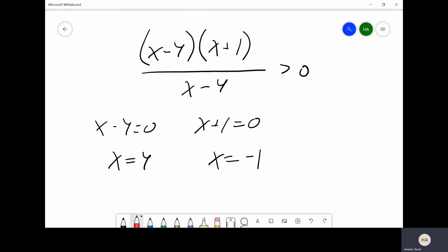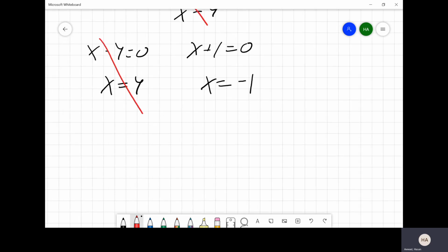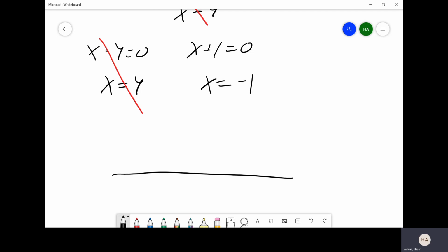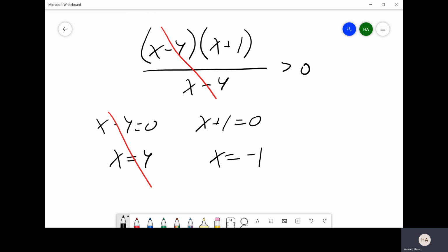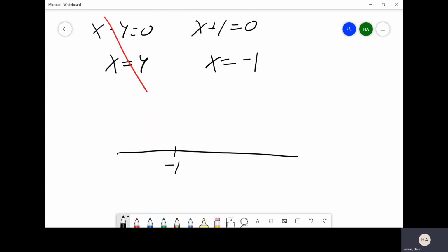Well, if I crossed out the x minus 4, then I would be crossing out this number, x is equal to 4, on my number line. When I go to plot my number line and I put, okay, negative 1 here, well, if I crossed out the x minus 4 factors, I would only be left with 2 intervals, right? I would just be left with this interval here and this interval here. What was to the left of negative 1 and what was to the right of negative 1. Well, we can't do that because we care about the,